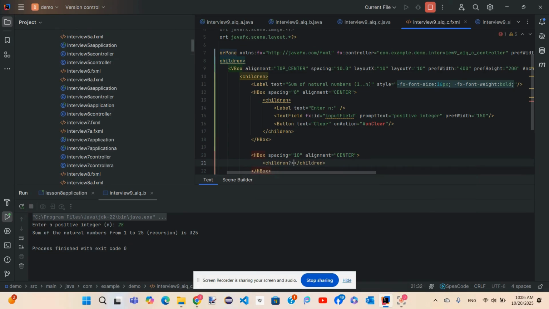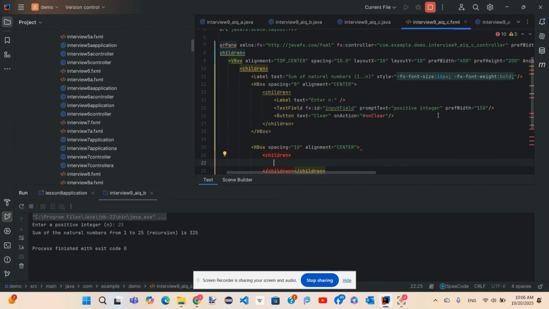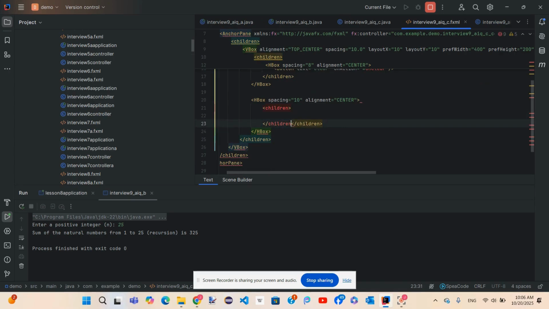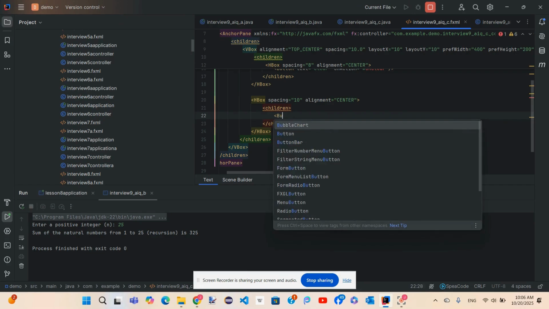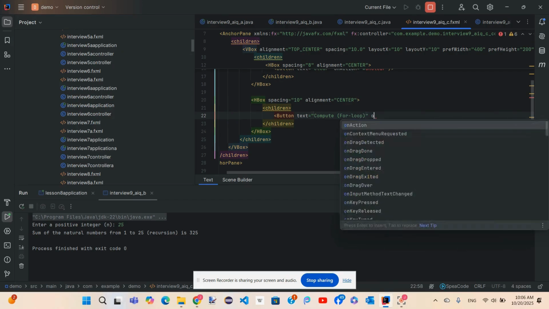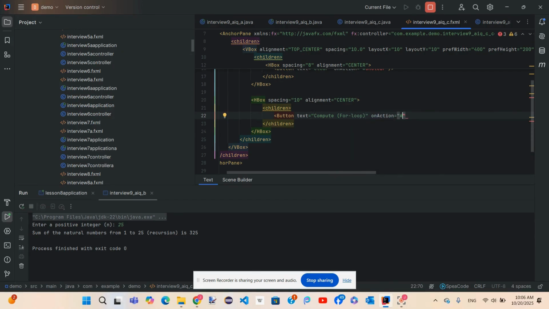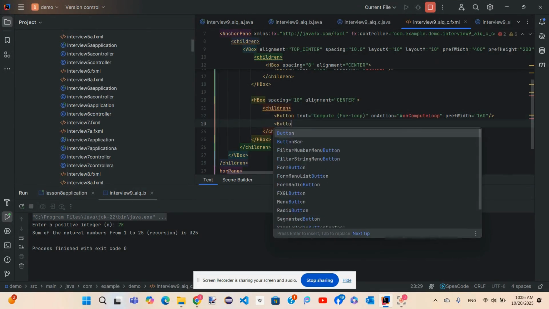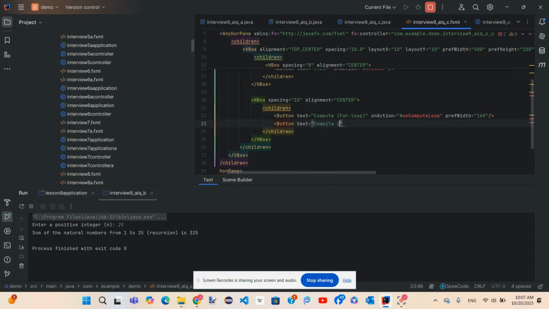Children: button text "Compute for loop", on action onComputeLoop, pref width 160. Button text "Compute recursion", on action onComputeRecursion, pref width 160.